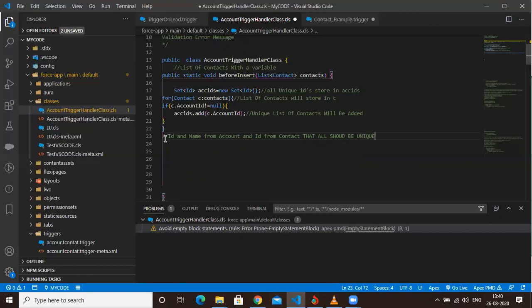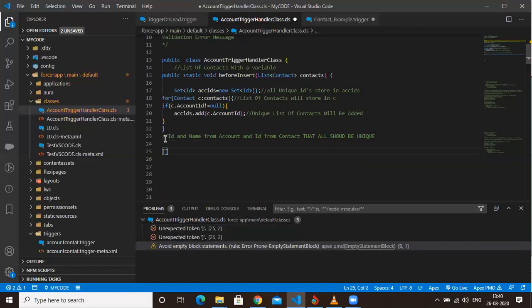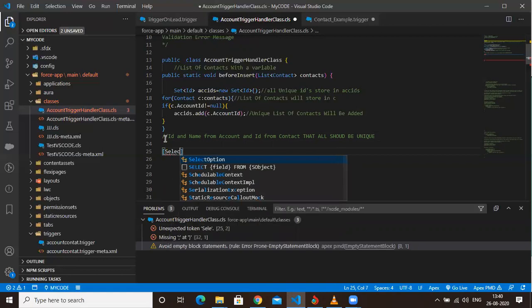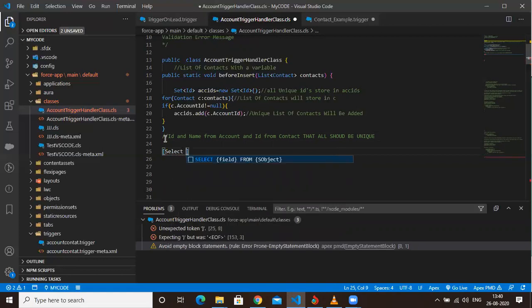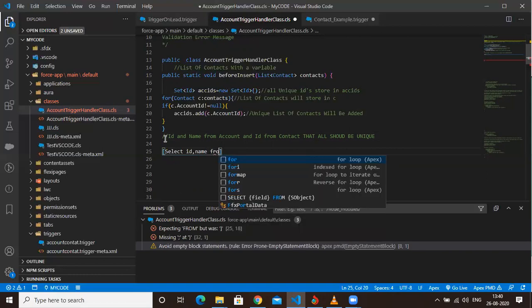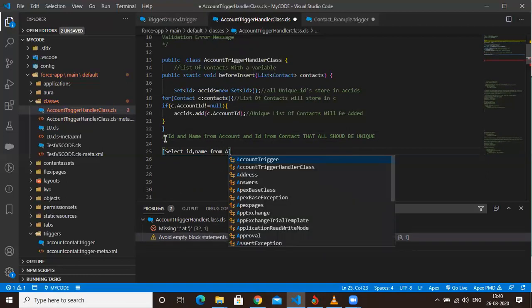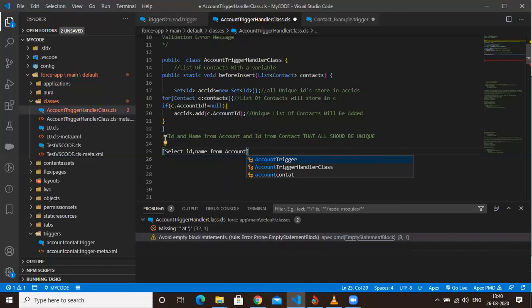Think from that perspective. If you want all this, what you have to do? First, you need to perform a SOQL operation. So what I will do, I will perform a SOQL operation where select Id, Name from Account. But as I told, I need it for contact as well, right?